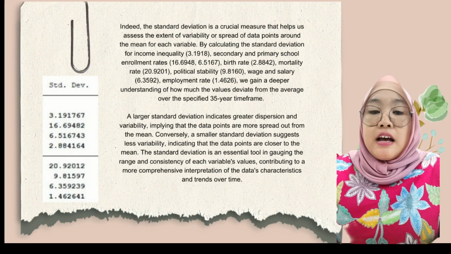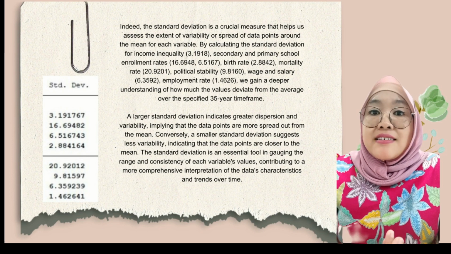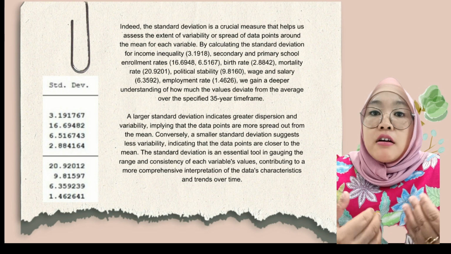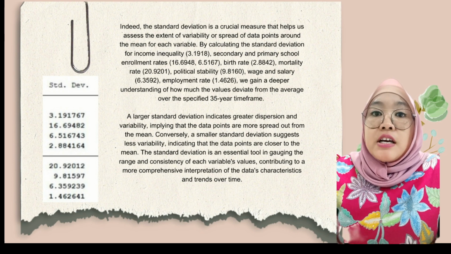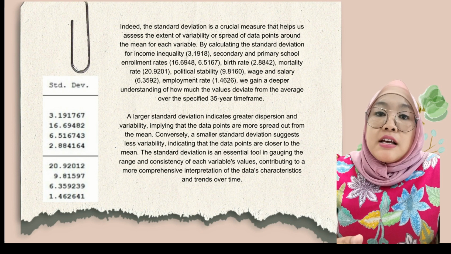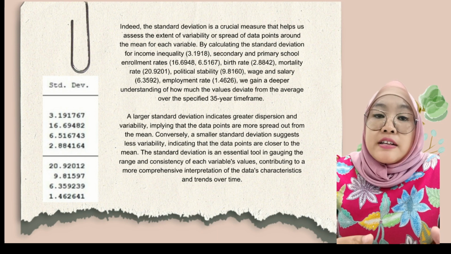Okay, next, indeed, the standard deviation is a crucial measure that helps us assess the extent of variability or spread of the data points around the mean for each variable. By calculating the standard deviation for income inequality 3.19, secondary and primary school enrollment rate 16.6 and 6.5, birth rate 2.8, mortality rate 20.9, political stability 9.8, wages and salary 6.3, employment rate 1.4,